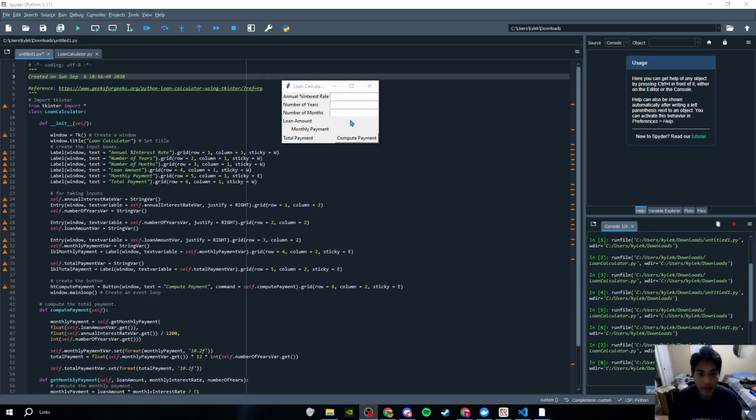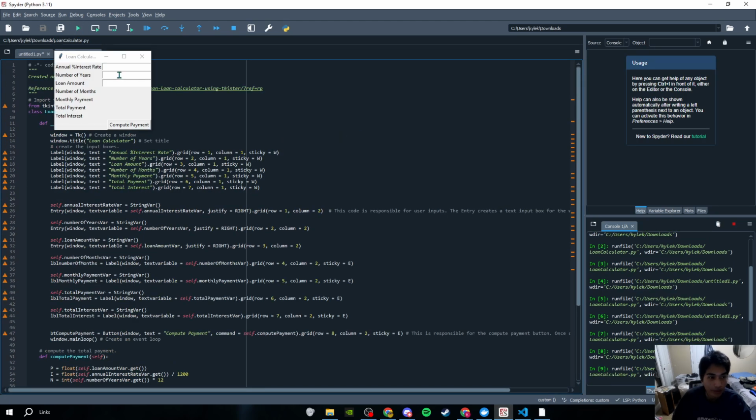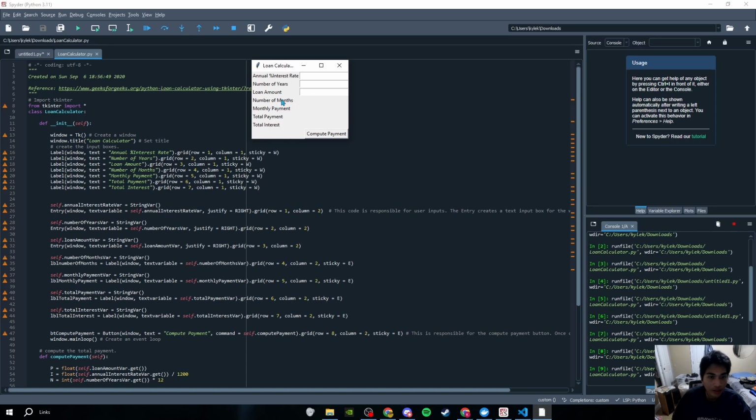For this part of the lab, we're supposed to add another box for total interest, as well as fix the GUI so that the third user input is a loan amount and everything else is calculated at the bottom, things such as the monthly payment, total payment, and the total interest based on the given input. So if I run this code, you can see that